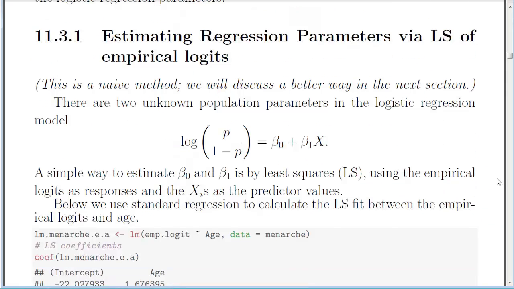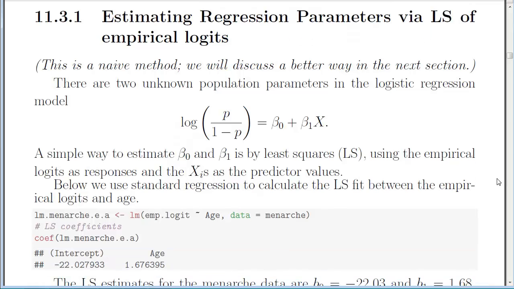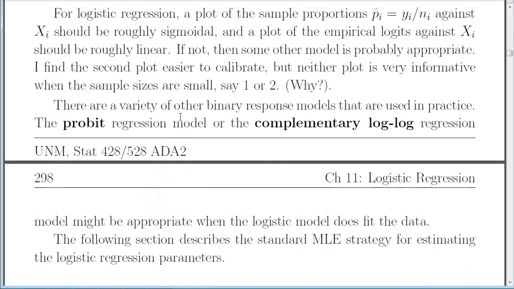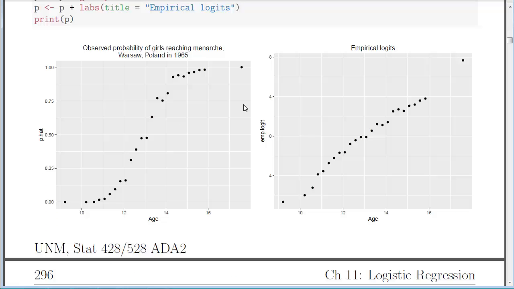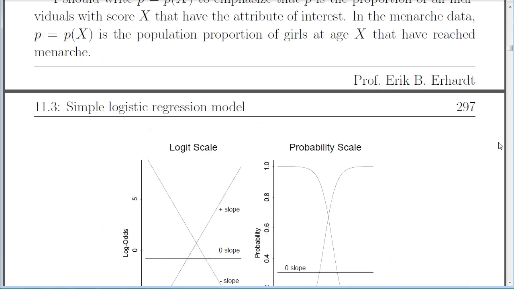All right. So let's think of how to first estimate beta 0 and beta 1 in a naive way, some way that we already know. And then we'll identify a problem with this, and I'll show you the correct way. Okay, so this is not how you would actually do this, but you very well could. If I page up for a moment, we've got this on the empirical logit scale. We basically have a straight line, and we know how to fit straight lines, right? You can use multiple regression and fit this line. So I'll page back down,